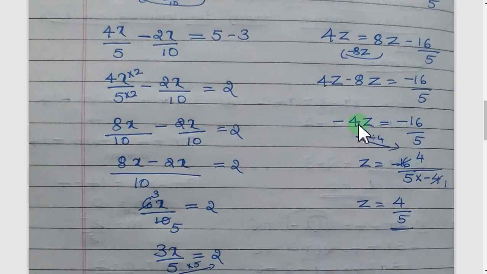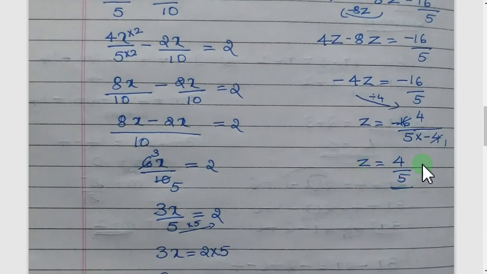Now you are finding the z value. So with the z, minus 4 is there. Minus 4 you take to the other side. When you take minus 4 to the other side, it becomes a division. It is not just 4, it is minus 4. You are taking it with the sign, minus 4. So minus 16 by 5 into, 5 is there already in the denominator, into you write minus 4. Now you can simplify. 4 ones are 4, 4 fours are 16. Here also minus times minus becomes plus. So remaining is z is equal to 4 by 5. Cancellation is not possible, so this is the answer.